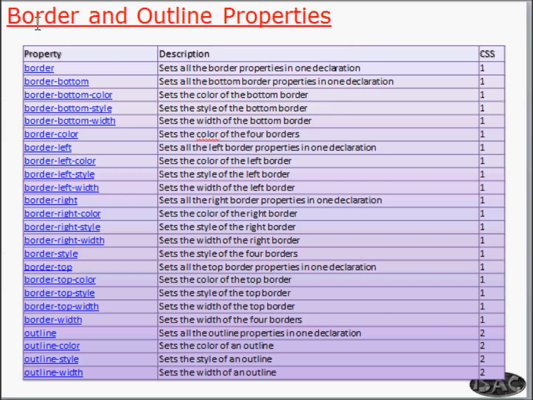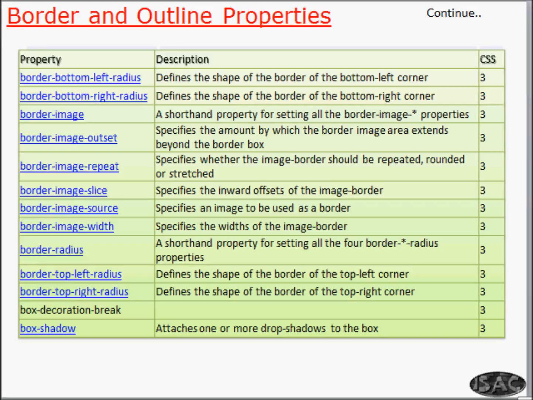The next is border and outline properties. It is a very old one. It is CSS1 and 2 style, so I will not discuss it here. You can check the previous content. Okay. The next is border radius and box shadow. We'll talk about this in a later session. Okay. So that's all about understanding background image, background origin, and background size or multi